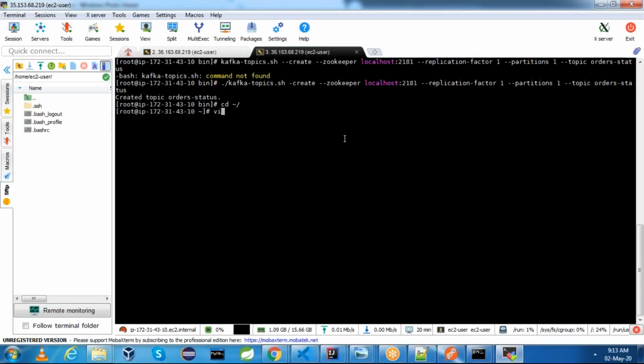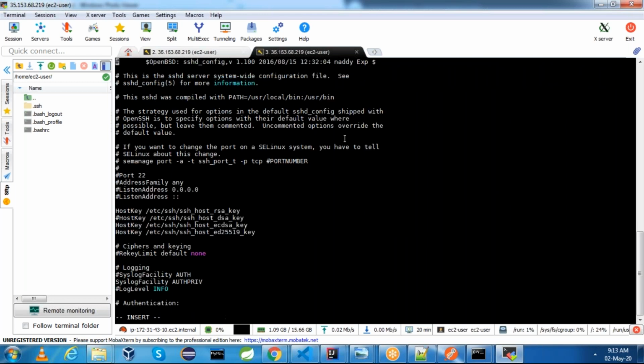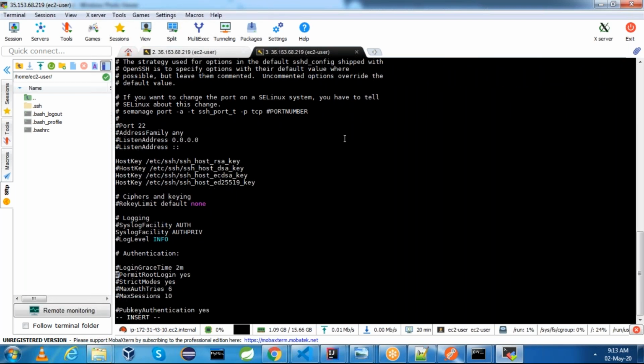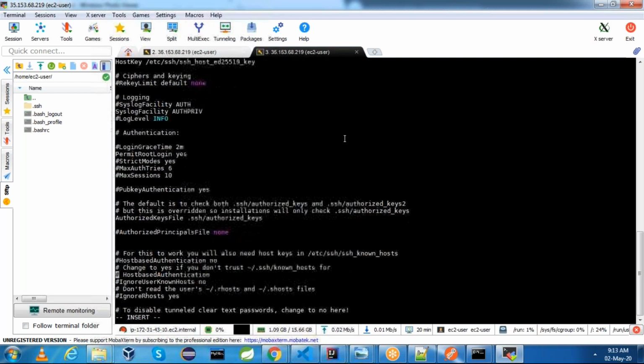Let me move my code from Windows to Linux machine using WinSCP. For that, I need to enable password authentication in /etc/ssh/sshd_config. Here there will be something called permit root login. I can say it as yes, and then there will be password authentication.